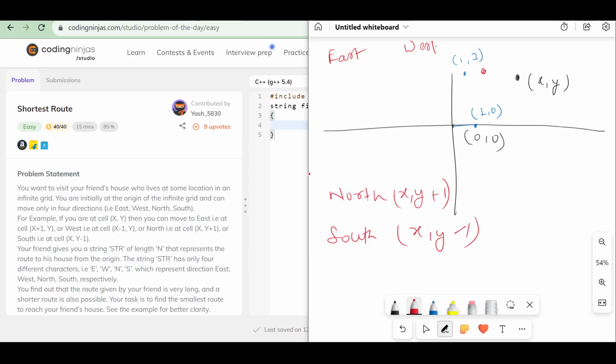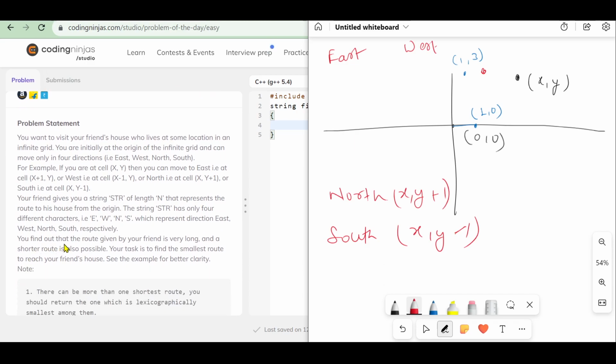Now what we have to do, your friend gives you a string str of length n that represents the route to his house from origin. The str has only 4 different characters, e, w, n and s, which represents direction east, west, north, south respectively. You find out that route given by your friend is very long, and shorter route is also possible. Your task is to find the smallest route to reach your friend's house, and